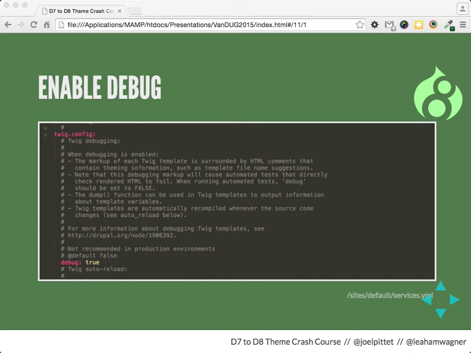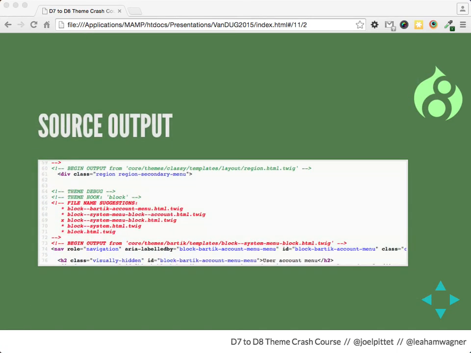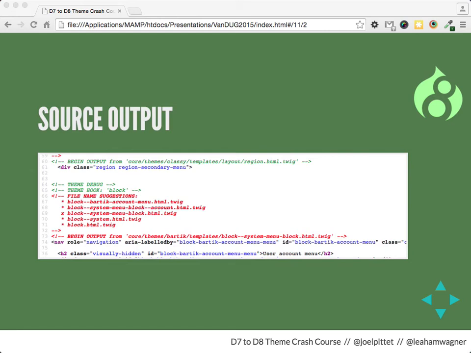There it is. Sites default services.yaml. There's an option to turn twig debug to true. All this big text here tells you what it's doing for you. And when you turn that on and you clear the cache or rebuild the cache, you get stuff like this